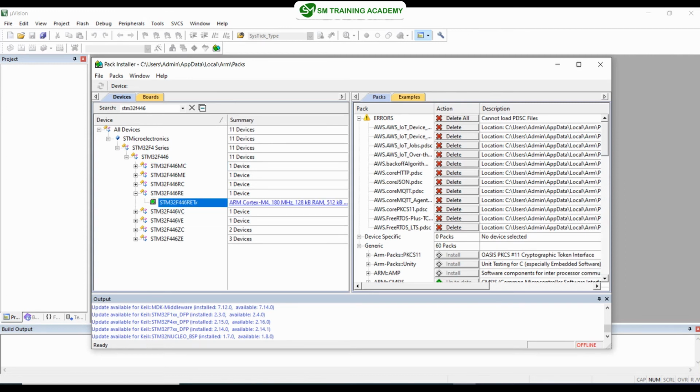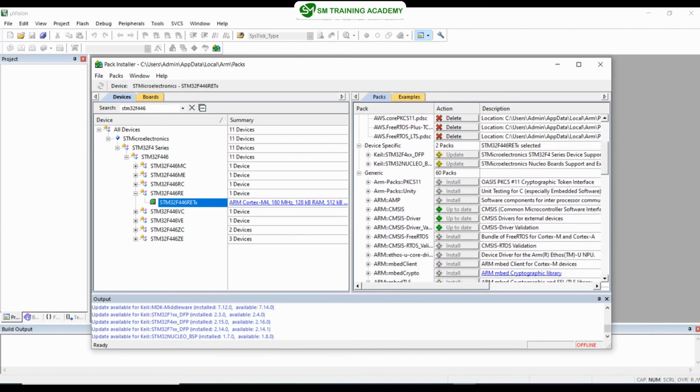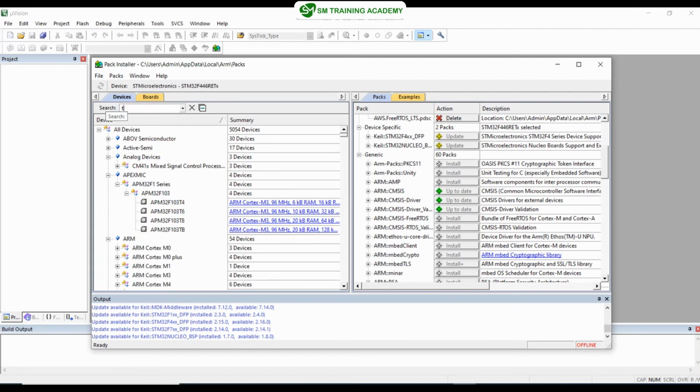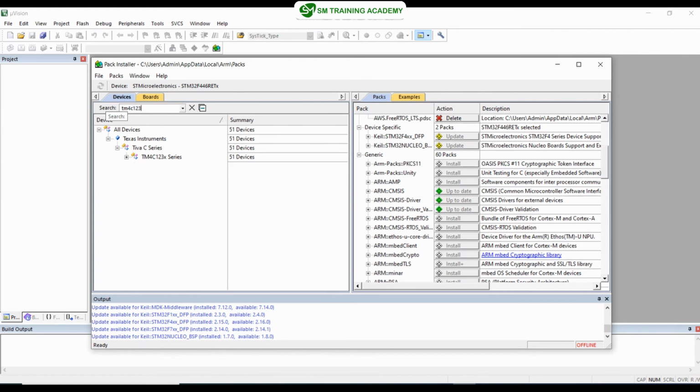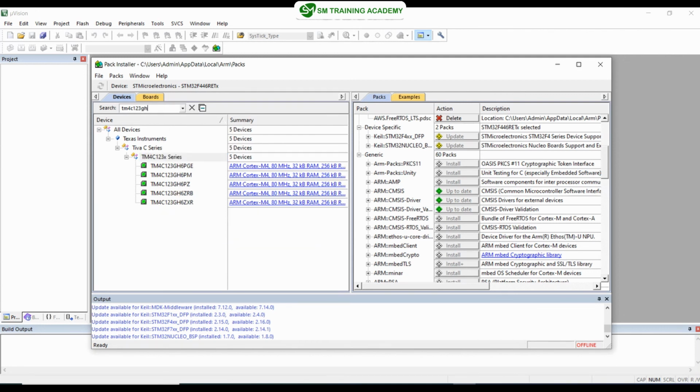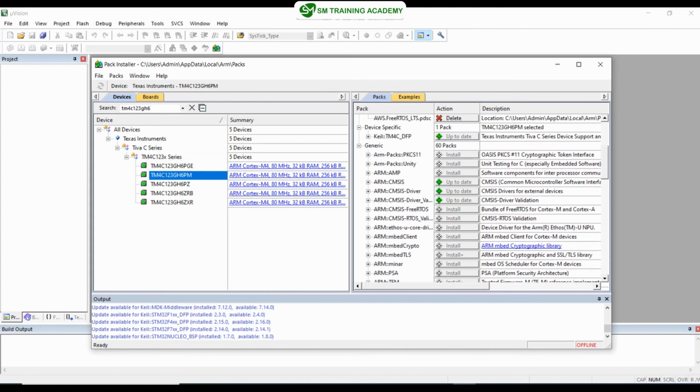STM32F446RE driver to be installed. You can clearly see all the generic packages for this microcontroller must be installed in your PC. You can see all has been installed in my PC, and then you just want to install the drivers for TM4C as discussed before. We just want to install the drivers for TM4C123GH6PM. You can see for this microcontroller also all the generic packages have been installed and it is up to